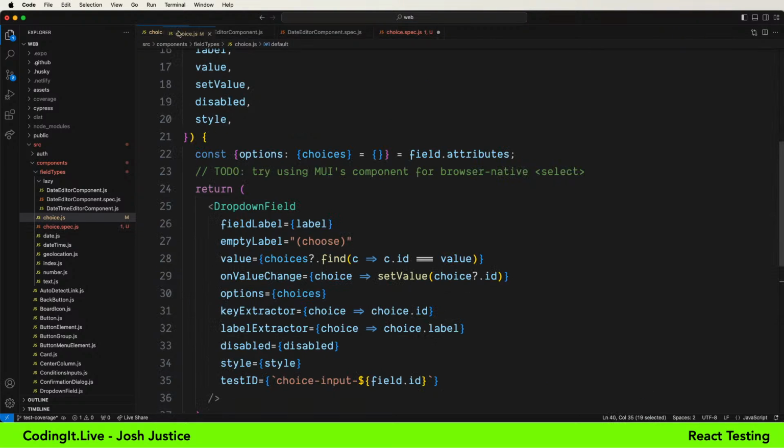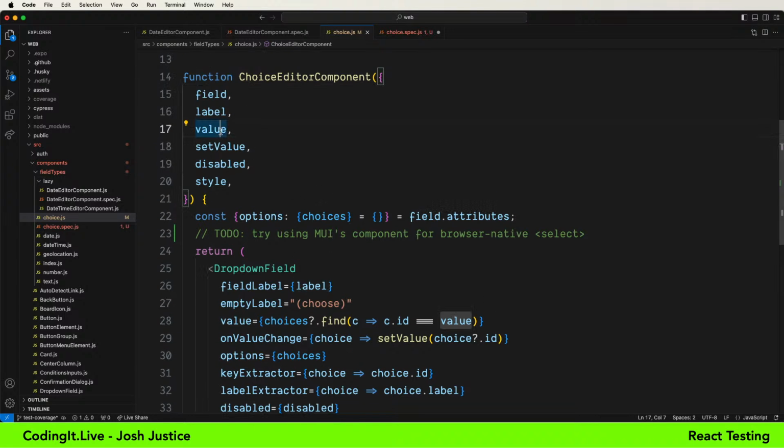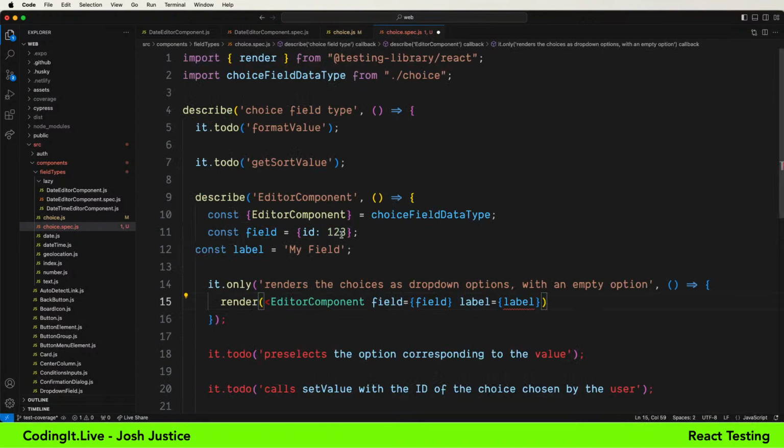What else do we need here? We need the value and the field. The field has attributes, that has options, that has choices. And there's really good reasons for all that nesting. If you believe me, thank you for believing me. But let's go ahead and fill those in. And if I get it wrong, we'll be told.